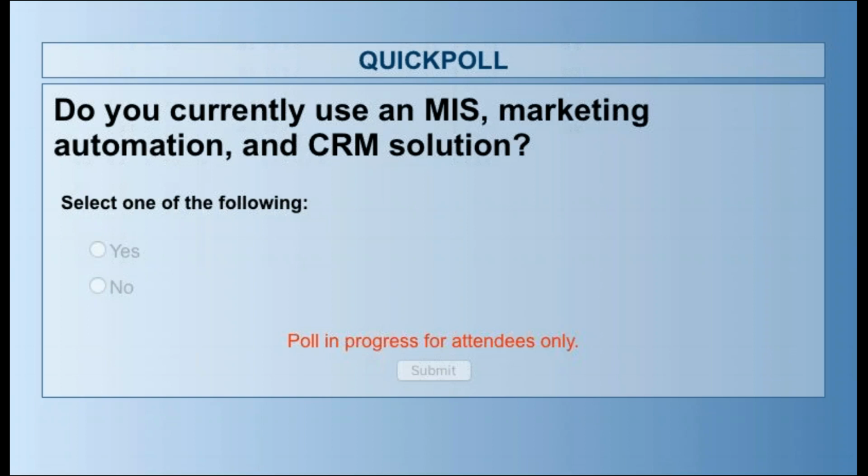Go ahead and click yes or no. I think the important word in there is and. We're really looking to see if you use all three: MIS, marketing automation, and CRM solution. We'll give you about another 15 seconds, and then we'll finish up with the poll and get back to the presentation.